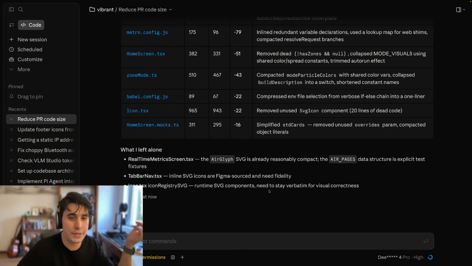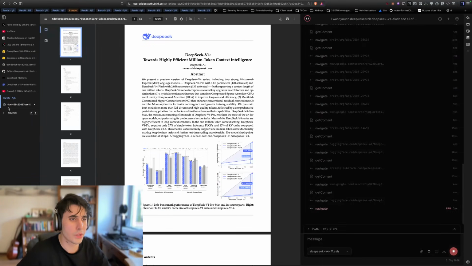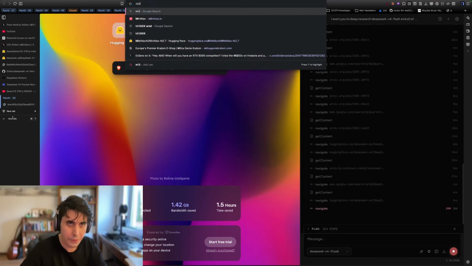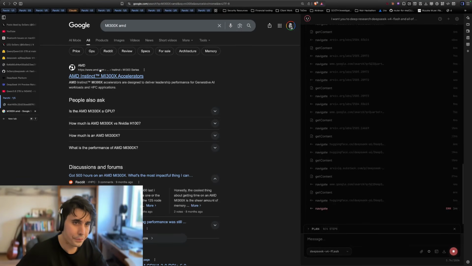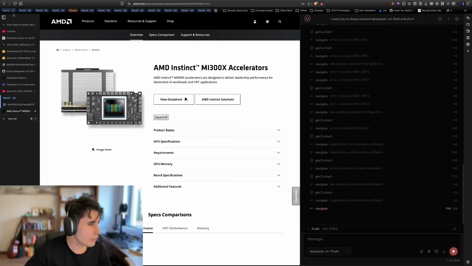I don't see a reason for that to be a problem personally, but if you have that concern, you can try to rent an MI300X. There is a GPU that you can rent from Hot Aisle for $2 an hour. It's 256 gigabytes, I believe, or maybe 192. I'm not sure exactly, but you could get 1 to 2 of them for like $2 to $4 an hour